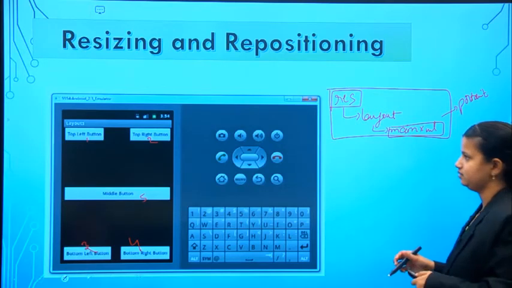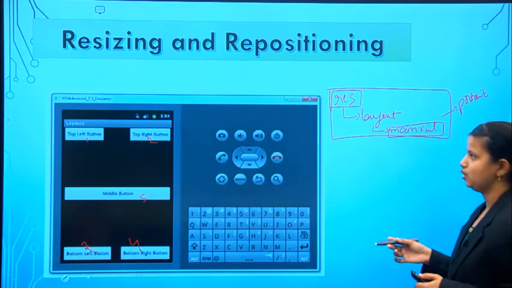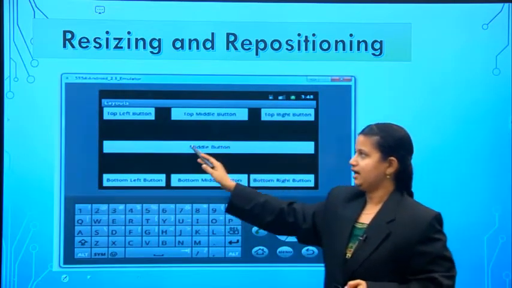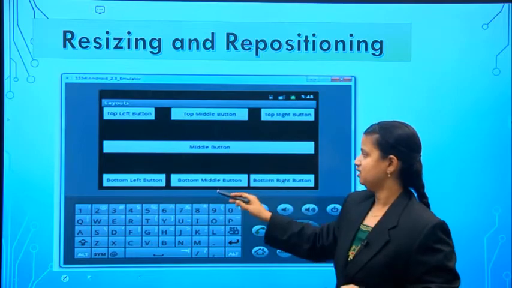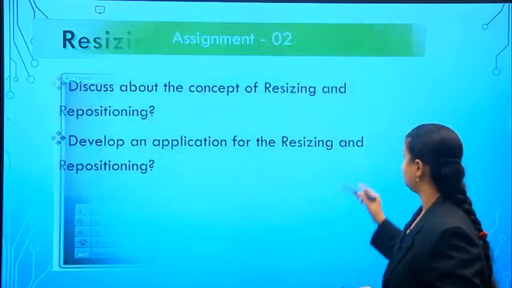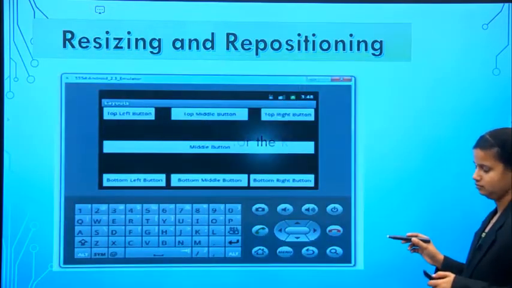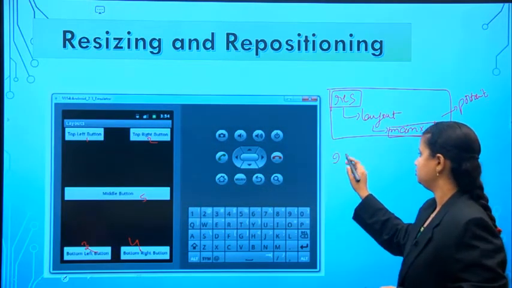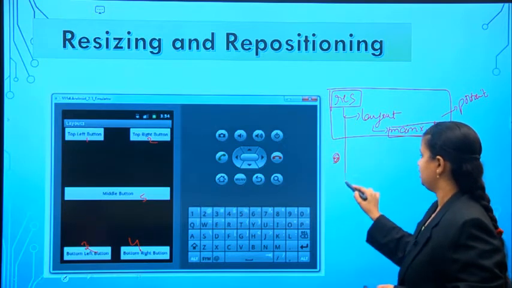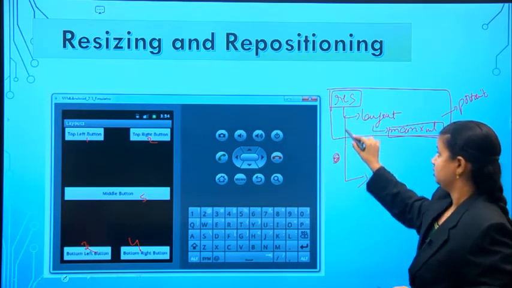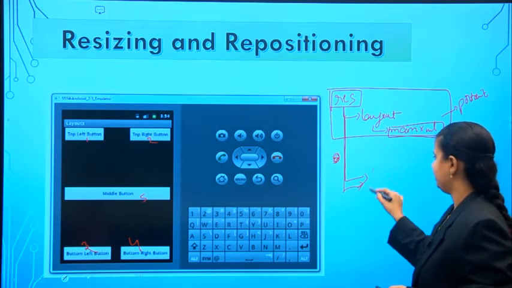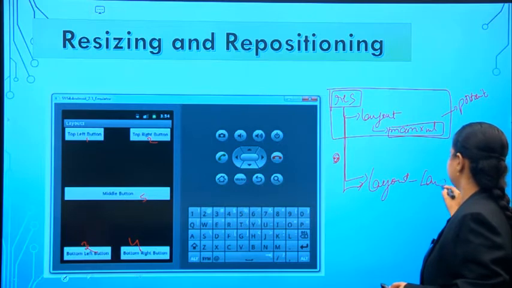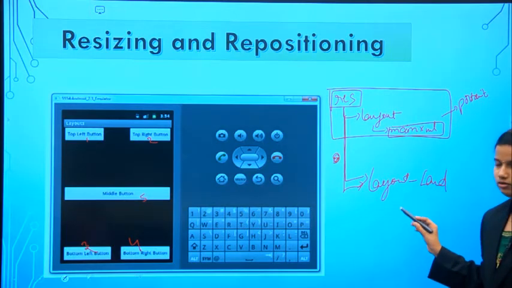But the landscape mode will contain a user interface with 6 buttons. So you have to create a layout for those 6 buttons. Within this resource folder, we have to maintain a separate folder named layout-land.